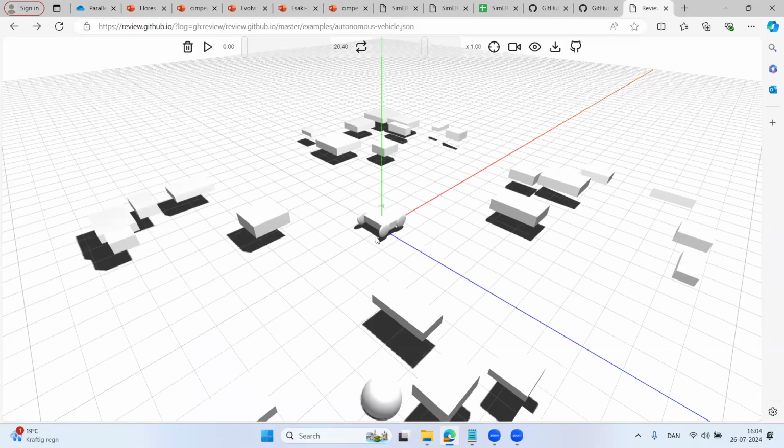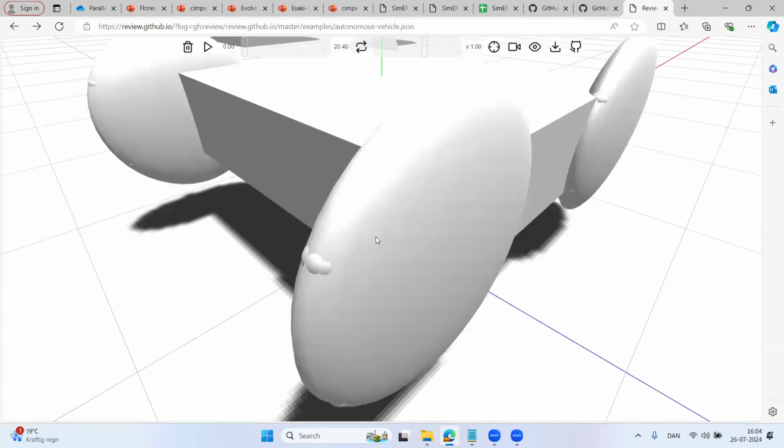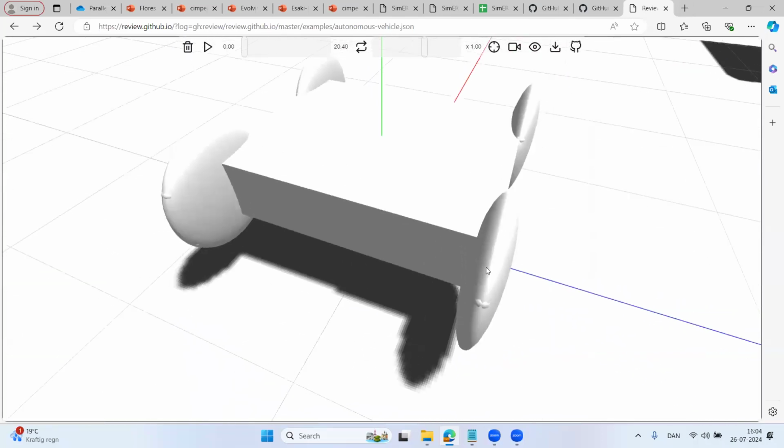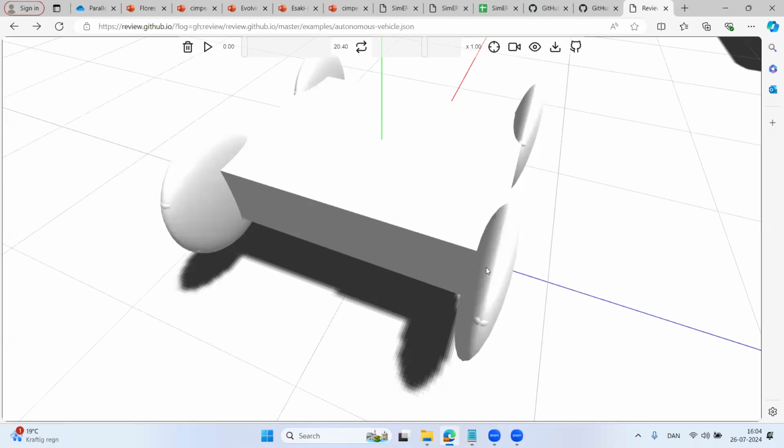So if I zoom in on this, it looks like those might not be spheres. I'm actually just not rendering them as spheres, but they are spheres. This is a smooshed sphere. It might look like a cylinder, which is what most people would use for simulating a wheel. Cylinders are a pretty bad thing to use for a wheel.